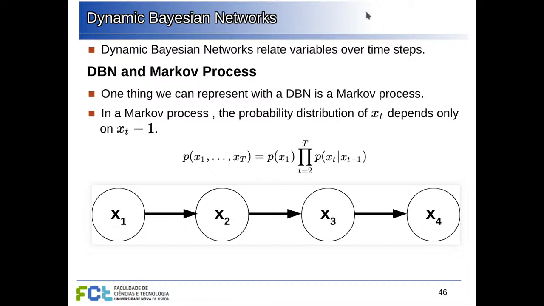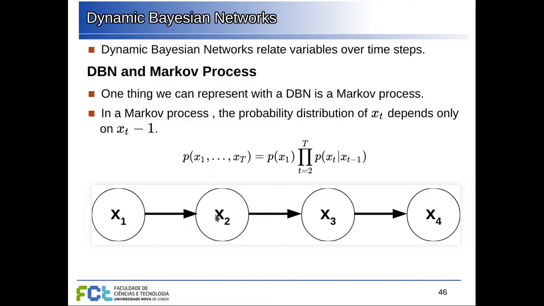And one example of that would be these dynamic Bayesian networks, where you can represent processes that progress over time. So, for example, a Markov process is a random process such that the value or the state at each instant depends only on the previous state. And there are lots of processes that follow this rule. For example, in many board games like Monopoly and so on, the place where you are on the board depends only on the previous place,